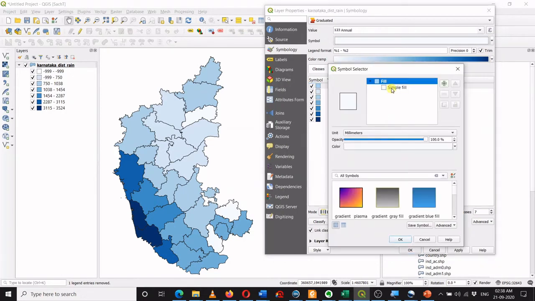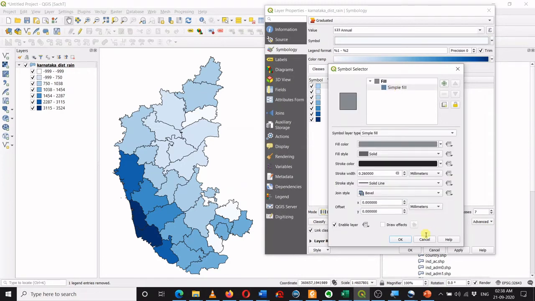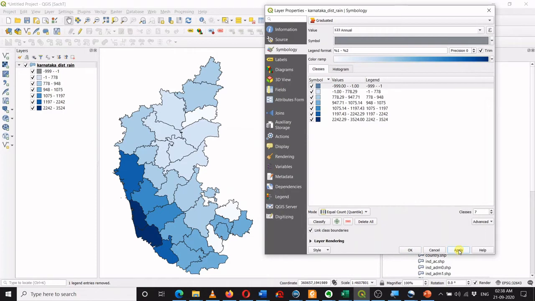I may go for a slightly darker, different gray shade, which indicates prominently that it's the no data value. I can say OK, I can say apply. Now you can see these are the three districts for which there is no data.